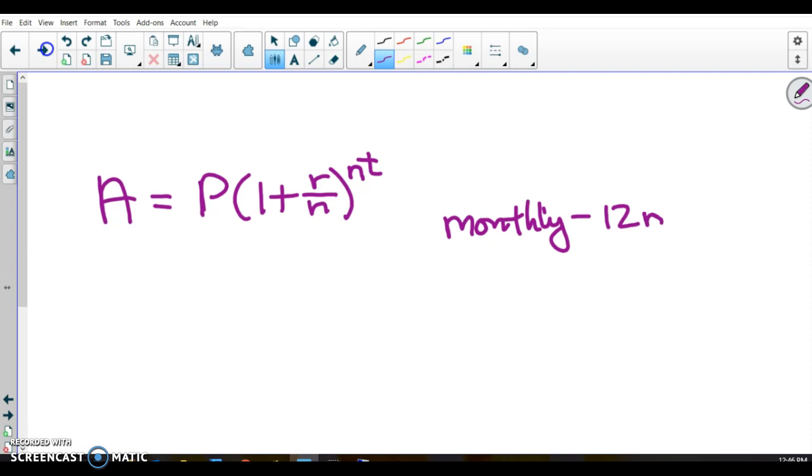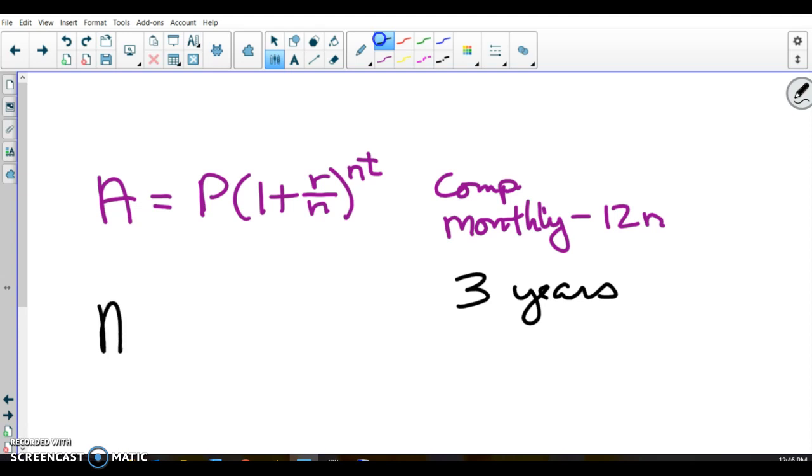So, for example, if we were to compound interest monthly, that means 12 times per year. That's the number of times compounded monthly. And we were to do that for 3 years. That function would look like this. The amount of money at the end of that 3 years would be our initial invested principal, 1 plus, well, let's say we have a rate of